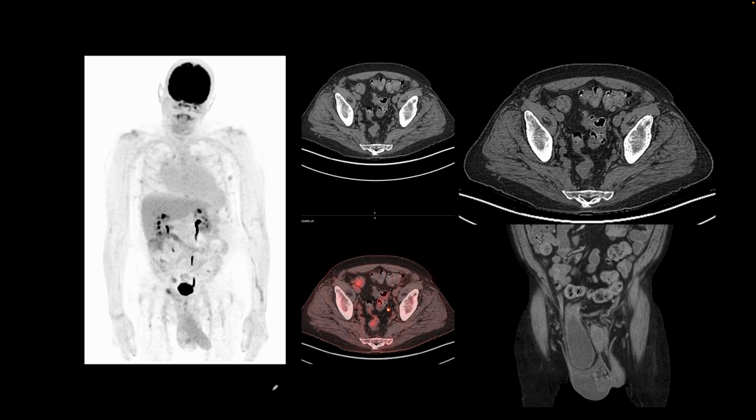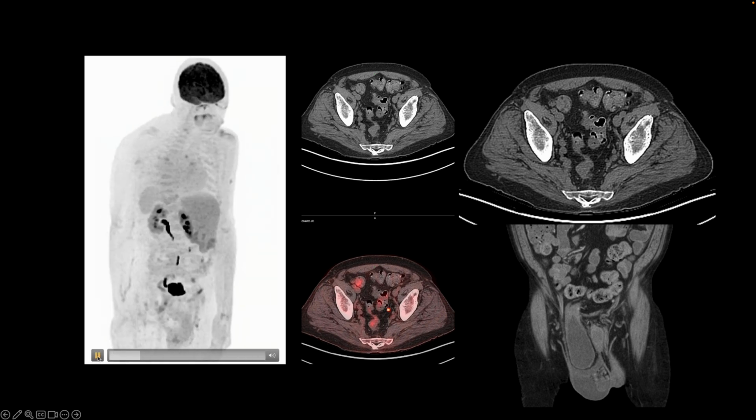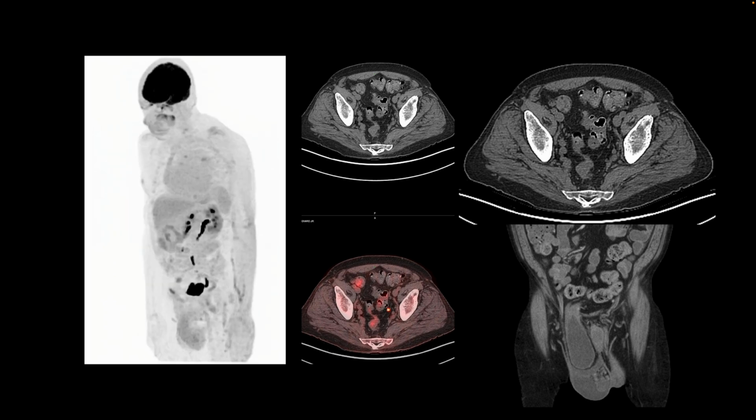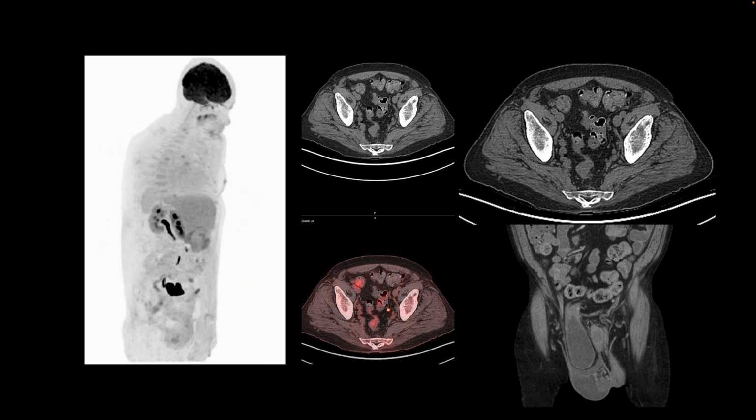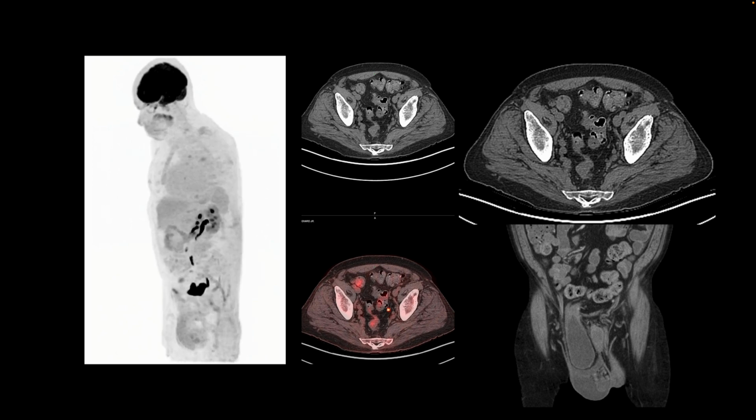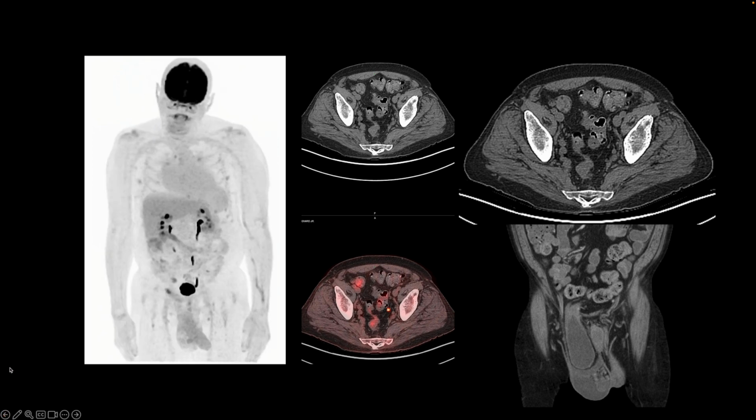This is our next patient. They had a history of lymphoma, and this was a follow-up to see if there is any hypermetabolic lymphadenopathy that has recurred in this patient. And we did not see any such finding, but what we noted was that on one of their prior studies, they had a hernia. And so let me show that to you. On the CT scan right there, we see a large size right-sided inguinal hernia, and a part of the urinary bladder is herniated into the scrotum. And this was